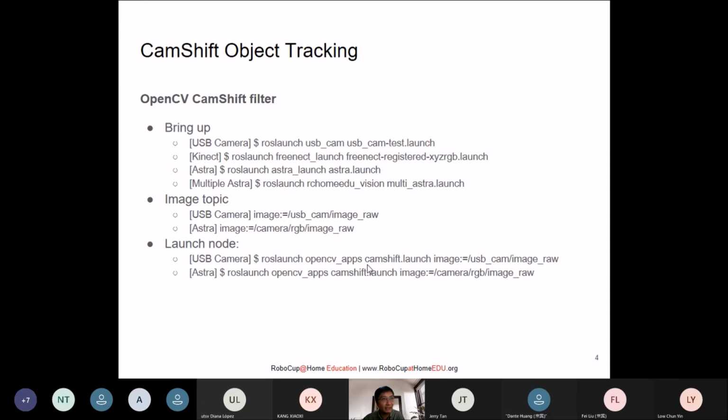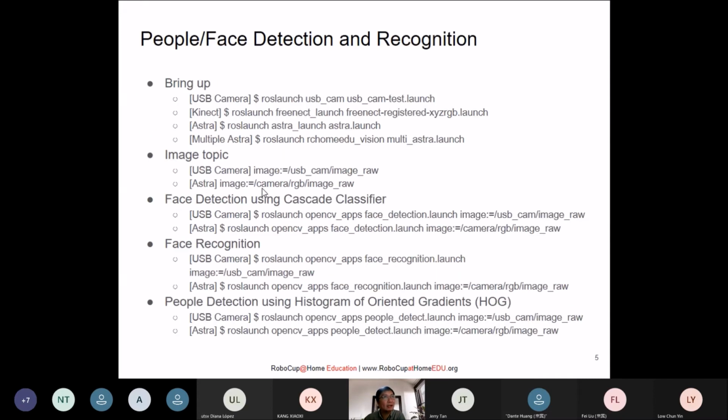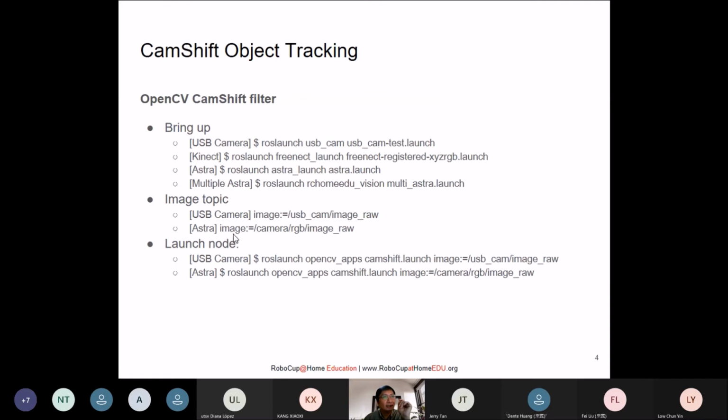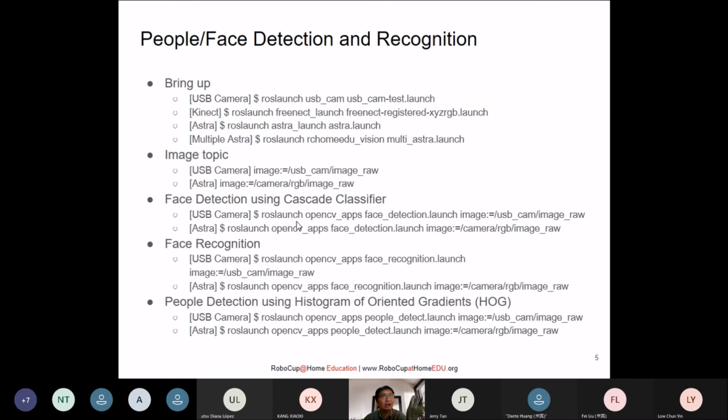Okay, then if I'm not mistaken, just now David actually showed you how to find the image topic by using the ROS topic list, right? So I hope by now you know what the ROS topic list is. It's actually to list down all the topics that are currently active when you launch the application. So for example, when you launch the cam shift or the face detection and recognition or any of this, it actually will generate certain topics that will give you some